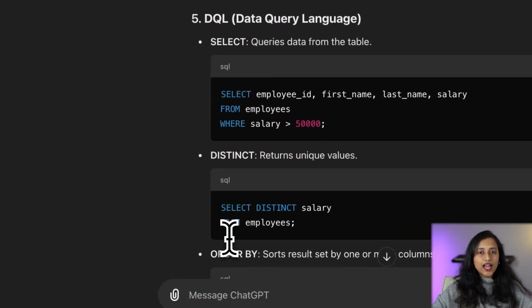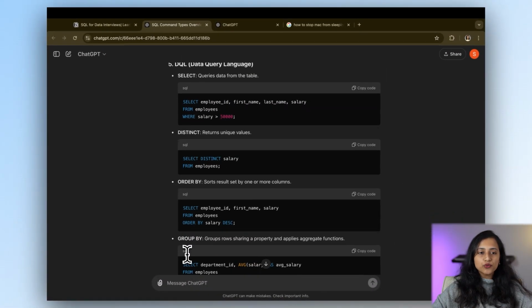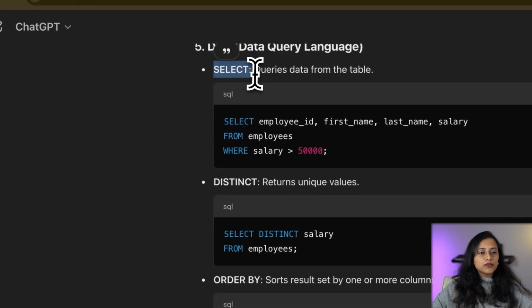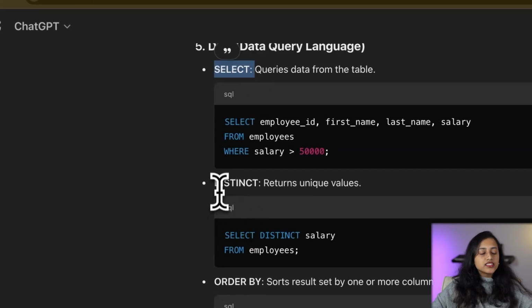Now, data query language, also known as DQL. These commands are primarily used for querying data. And the most common commands here are the select command, which queries the data from the table, the distinct command,